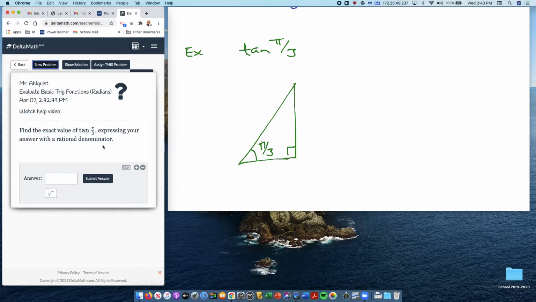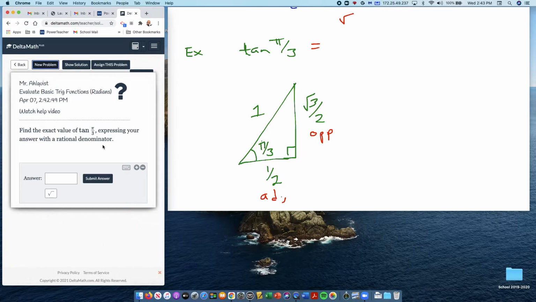This side right here is 1/2. This side right here is the square root of 3 over 2, and this is 1. Now, what they mean by rationalizing the denominator is the following. You know that this is the opposite side, and this is the adjacent side. So when you do this problem and you're trying to figure out what the tangent is, we're going to